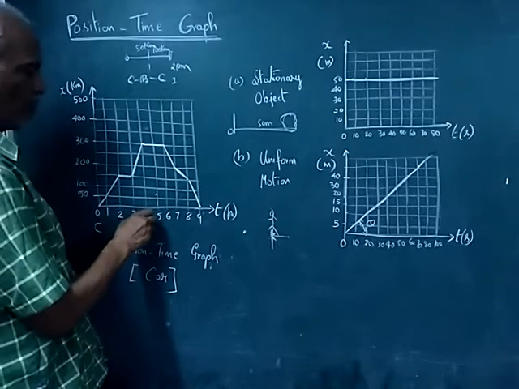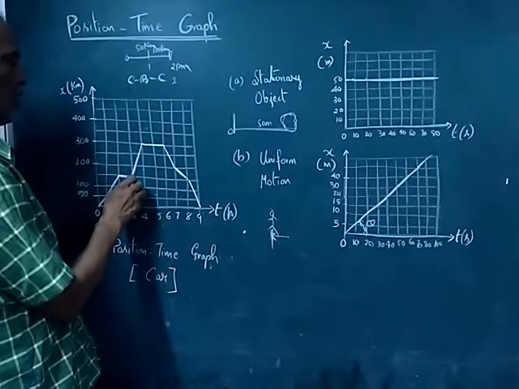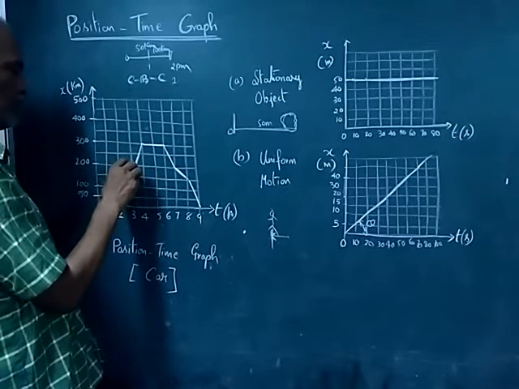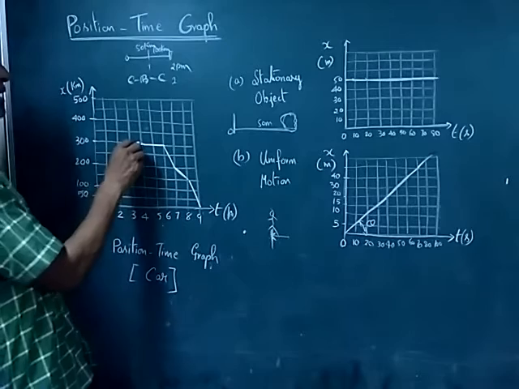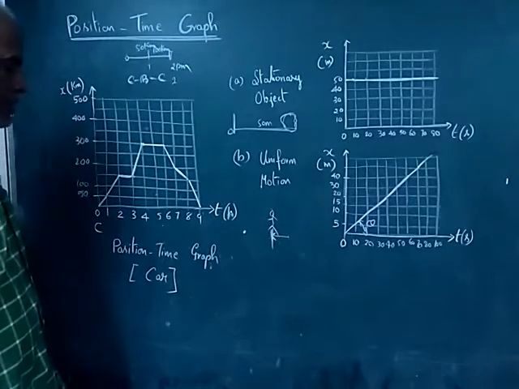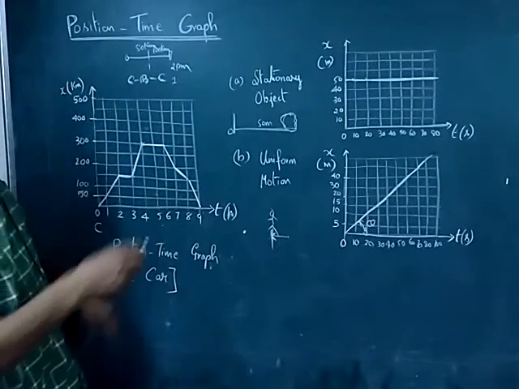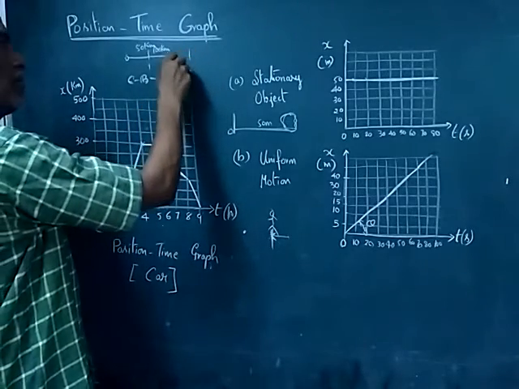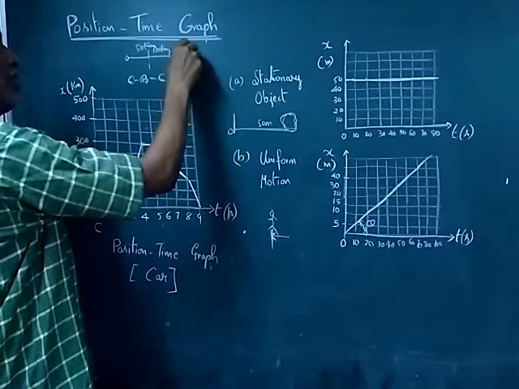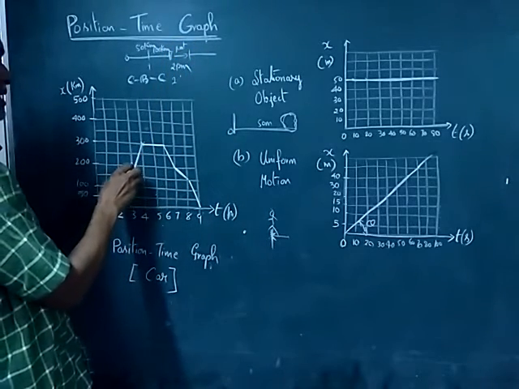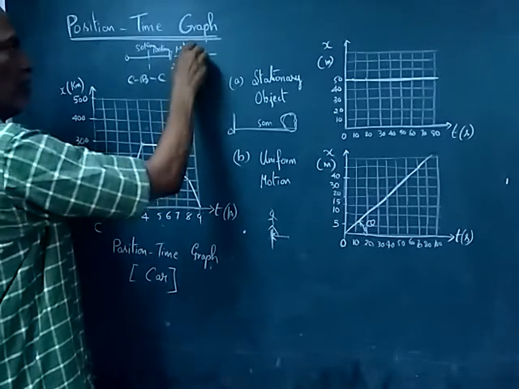Then from 3 to 4, if you see, in 1 hour he covers this much distance. That is from here to here it is 100 kilometers, and here 50. 150 kilometers. So the next 1 hour, 2 to 3 p.m. is rest, and then he covers this: 100 and here 50, 150 kilometers.